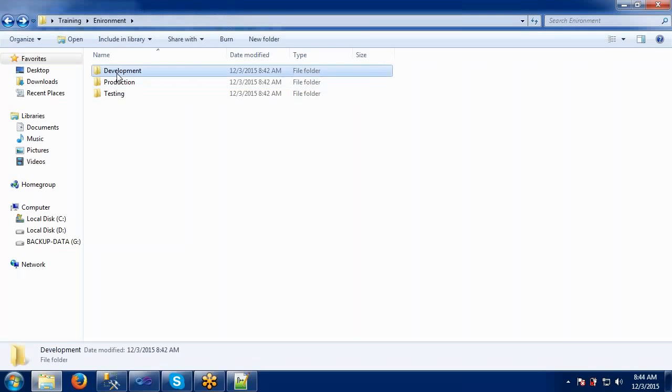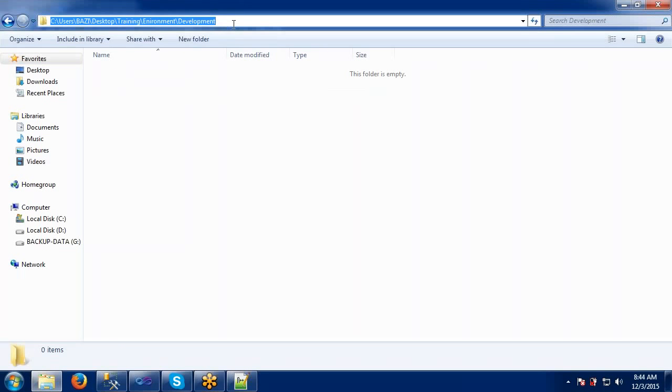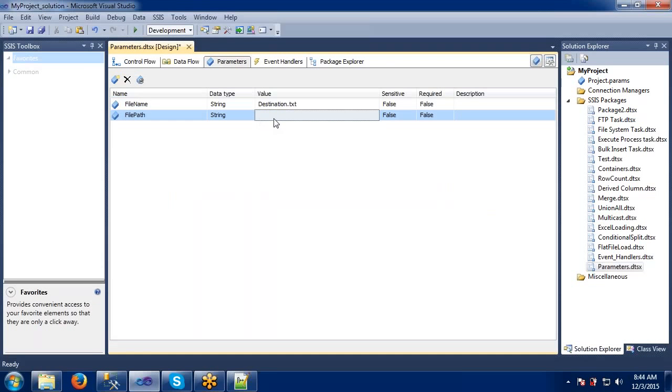I have to bring it to this level, I mean this path. So I'm just giving this path to the parameter here. At the end I give a slash so that it will be captured here. So now I have two parameters, which are nothing but file name and file path.